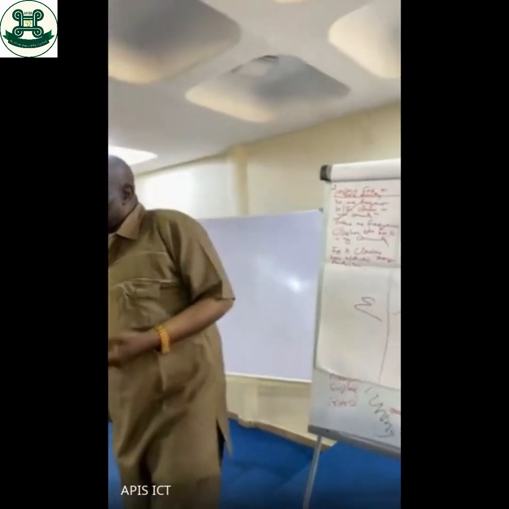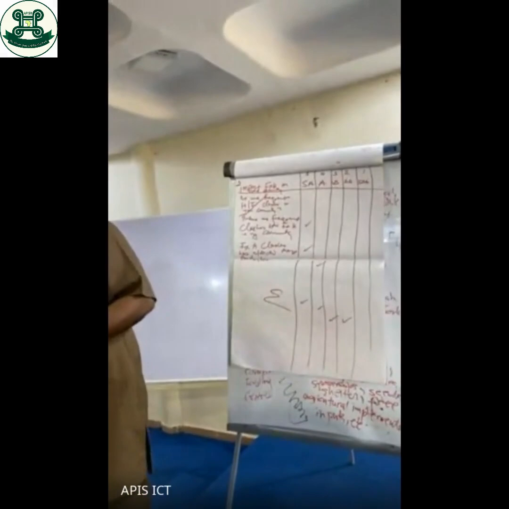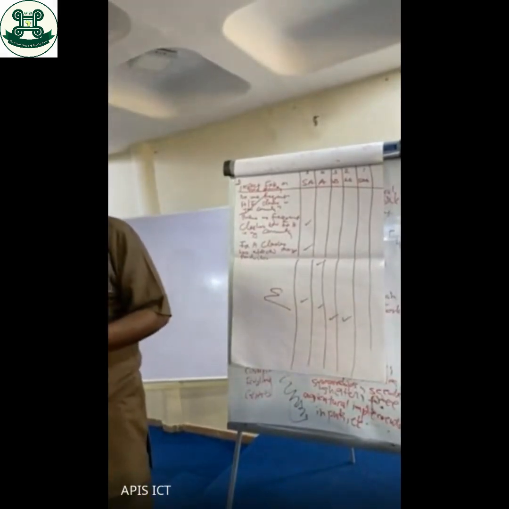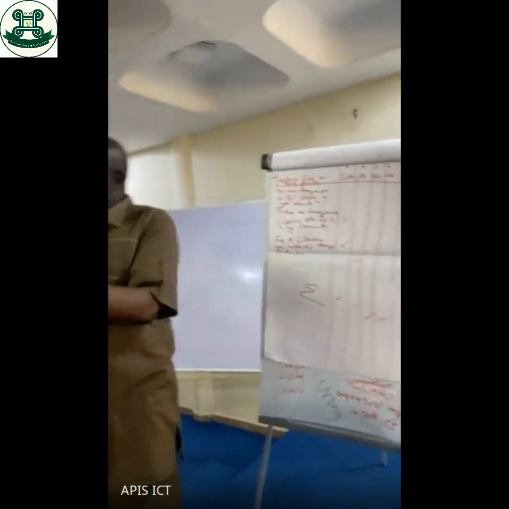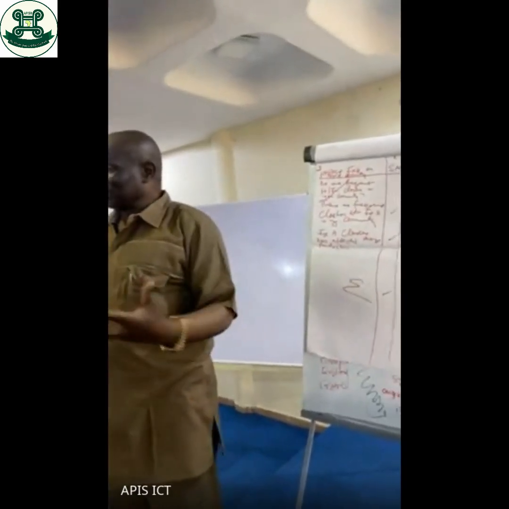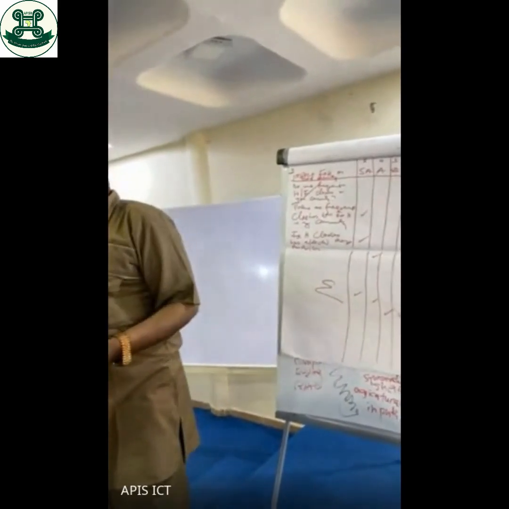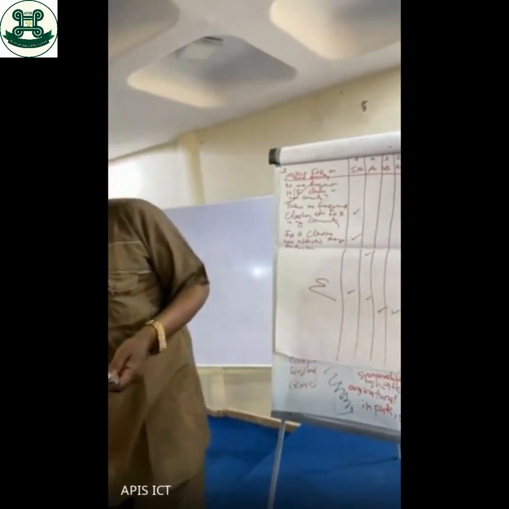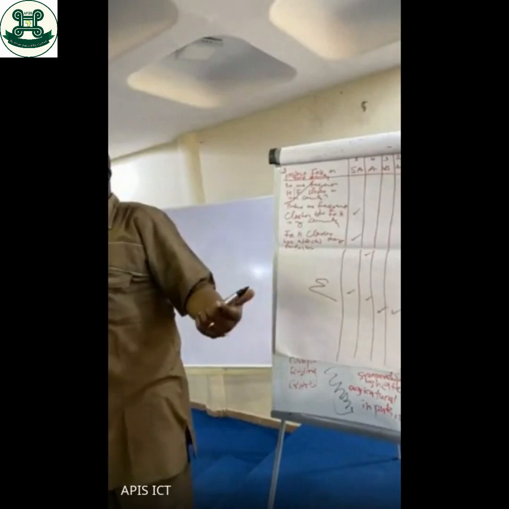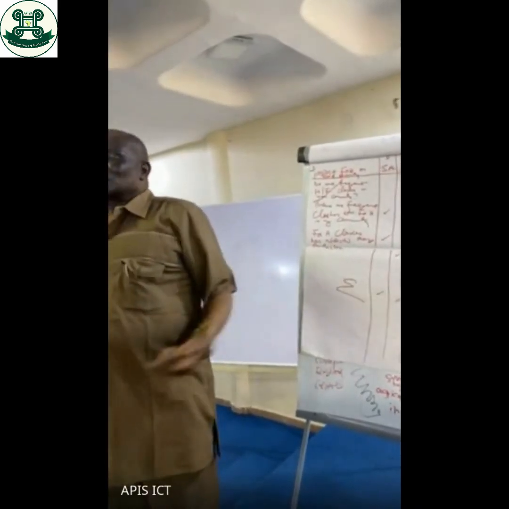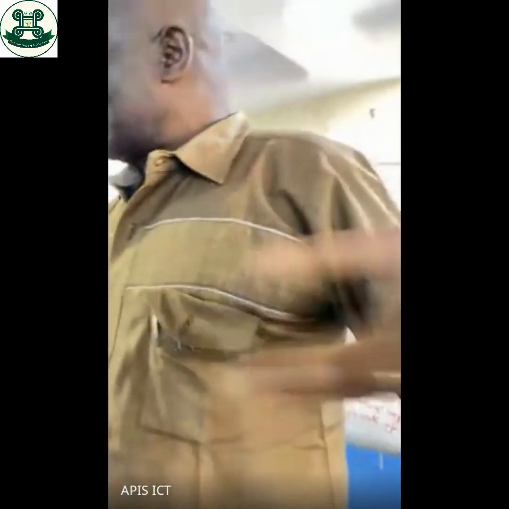So we compute them now. The summation of them gives me what I want. Now that I've gotten figures, I start playing with them to get the mean. If I want to get the mean of all of this, I count 1, 2, 3, 4, 5, 6, I divide by 6, and I get my mean. Get the point? If I go to another group, I use their own, divide by their number, and get their mean. So I want to compare the group mean here and the group mean there. You get my point?